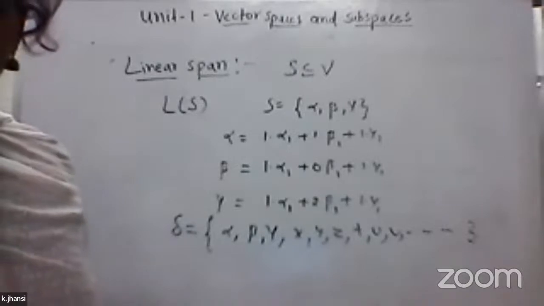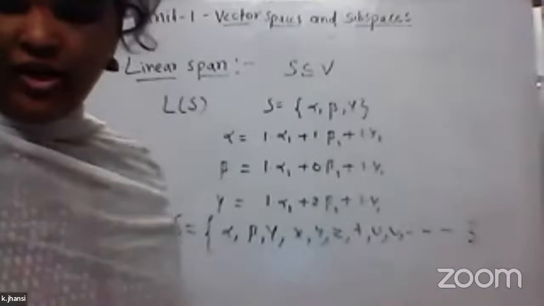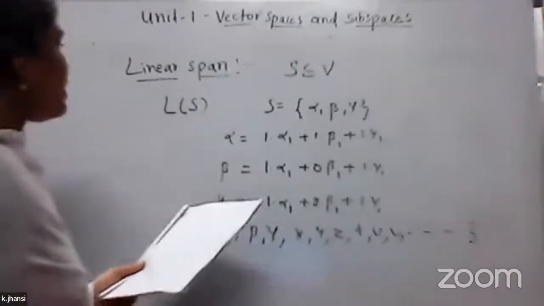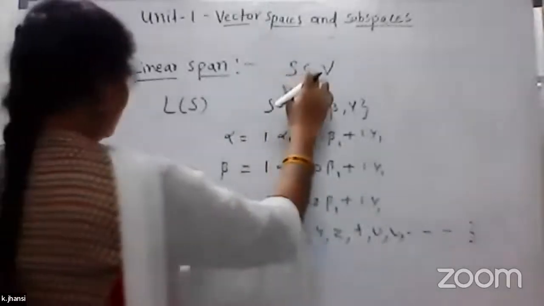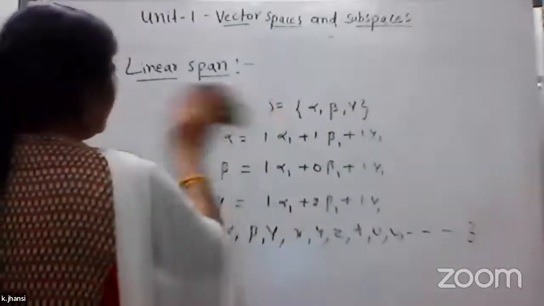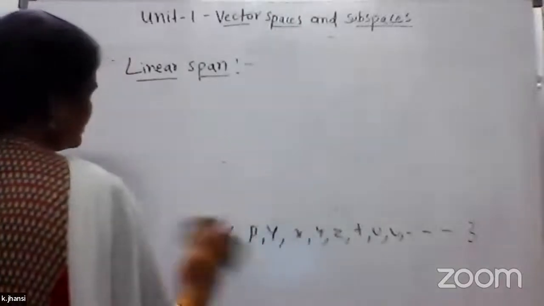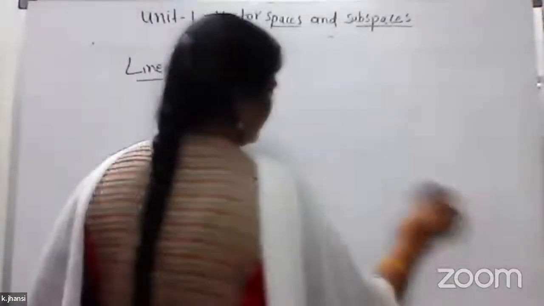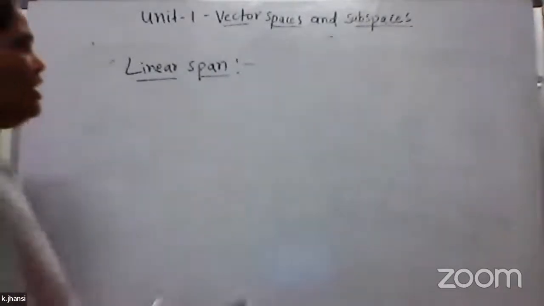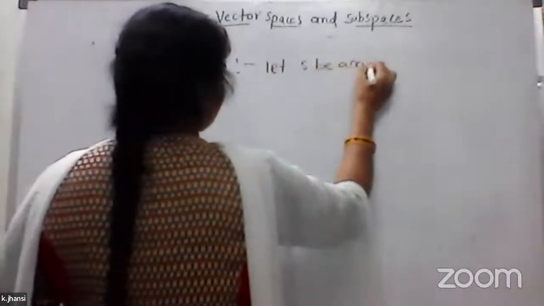You have, let V be a vector space over a field F and S subset or equal to V. Define L of S equals to... see, you can write here S subset or equal to. I'm giving the definition here. With the linear span, there are many theorems. This is the last topic in the first unit, linear span. On linear span L of S, there are many theorems. And the definition is, let S be a non-empty